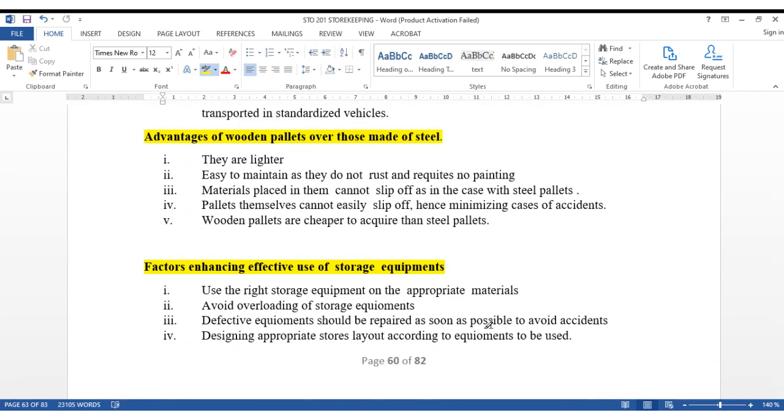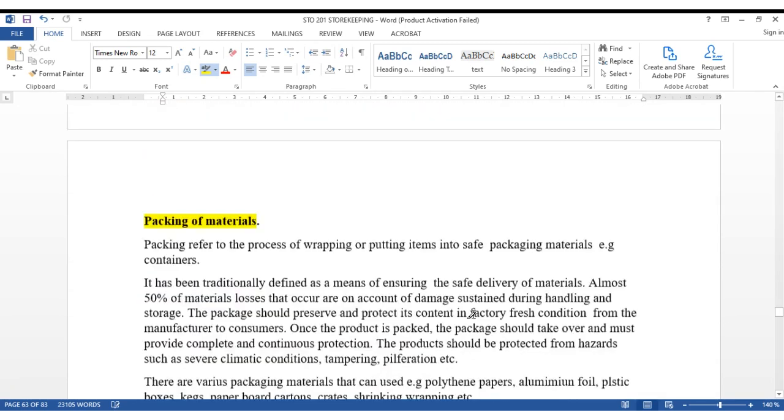So one factor is use of the right storage equipment on the appropriate materials to avoid overloading of storage equipment. Three, defective equipment should be repaired as soon as possible to avoid accidents. Four, designing an appropriate store layout according to the equipment to be used. Packing of